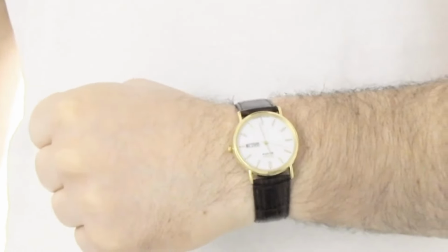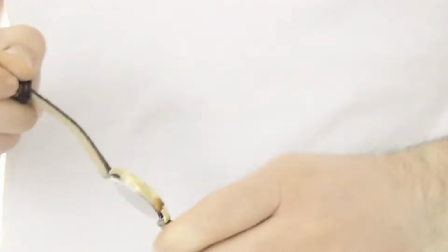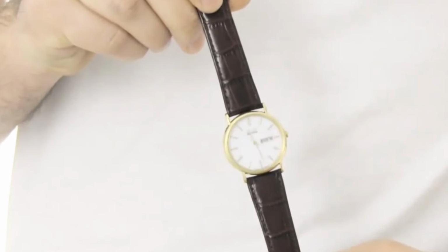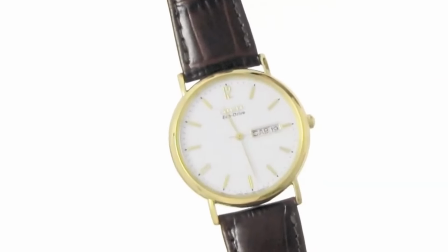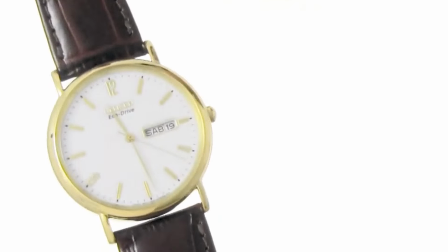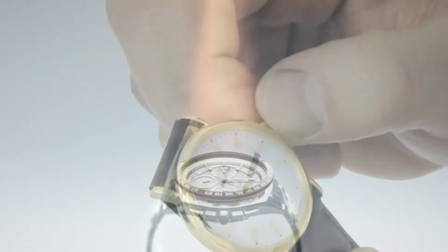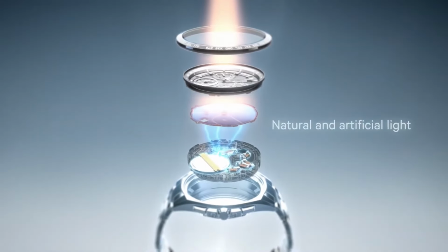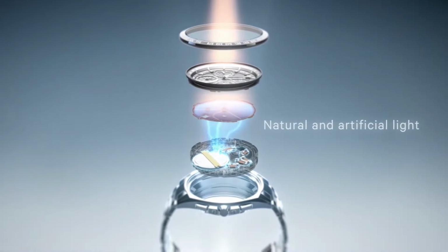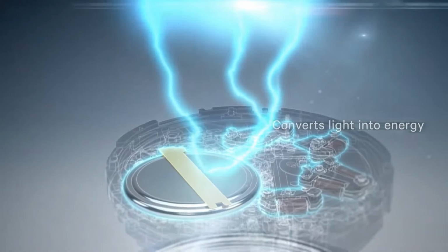Now, I'll come clean on this one. It is possible to get an Eco Drive from Citizen under $100, but the price I'm quoting here is for a warehouse model on Amazon with damage to the packaging. So if you search for this model, you might find it coming in just over the $100 mark. Regardless, I do think it is worth the tiny bit of extra outlay to get an Eco Drive over a regular quartz model. Not only because you won't have to replace the battery, but also just because the technology is